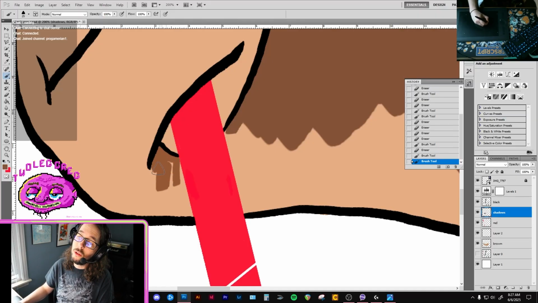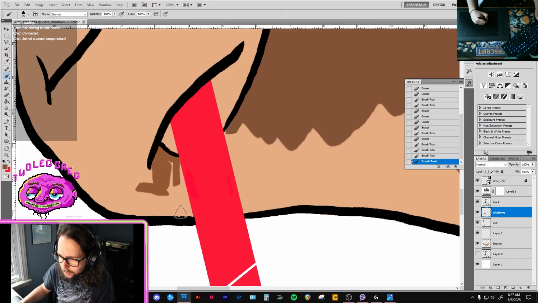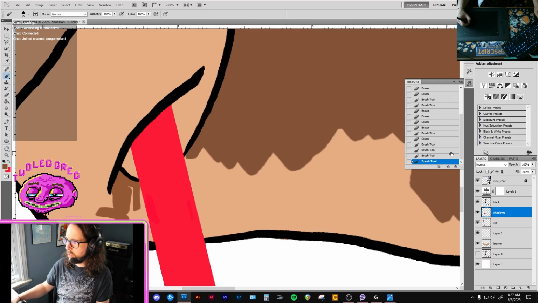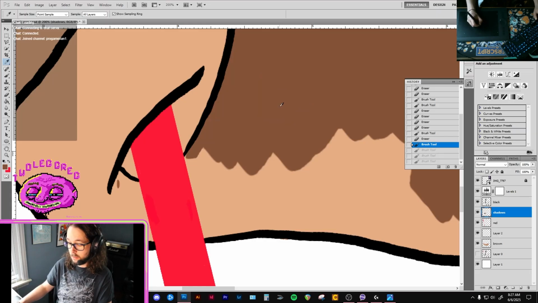Probably losing. Is that the right brown? Why does it look different? Is it because it's against something? No, that is different. What the hell? Color picker. This. This right here.